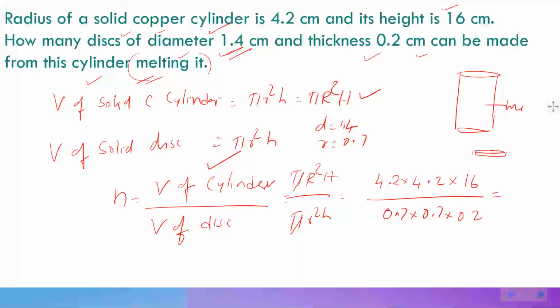All are single decimal here, and here also single decimal. Everything has a single decimal, 2 units. So we will use a simple mechanism of multiplying by 1000, and we can remove the decimals simply. That means 4.2 into 10 is 42, and 16 into 10 is 160. So multiplied by 1000, the denominator is 7 into 7 into 2. We can solve it easily now. 7 6s are 42, 7 6s are 42, 2 3s are 6, 3 6s are 18. 2880